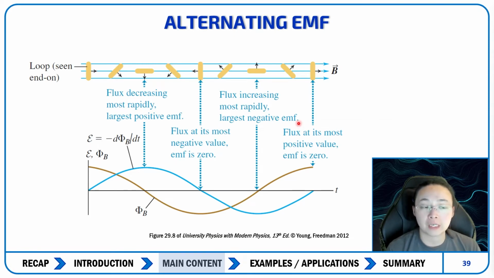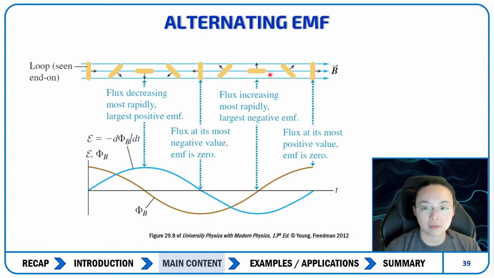Now, just to explain the alternating EMF a little bit more, we have a graph over here where we have the motional EMF and the flux over time. The blue one is the motional EMF, and the brown goldish one is the magnetic flux over time. So in terms of the loop that's seen from the end on, remember it's rotating along its axis. As it's rotating, we have flux decreasing the most rapidly when it's flat or 90 degrees, and we get the largest possible EMF. And then flux at its most negative value, or basically when it's straight on, is going to be 0. So the flux then goes back